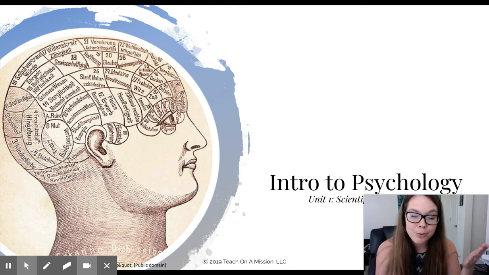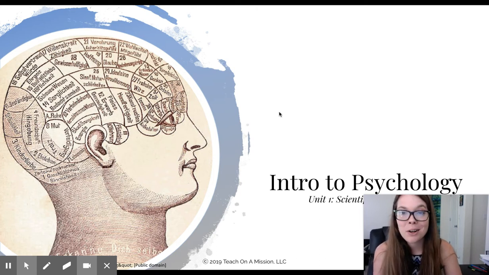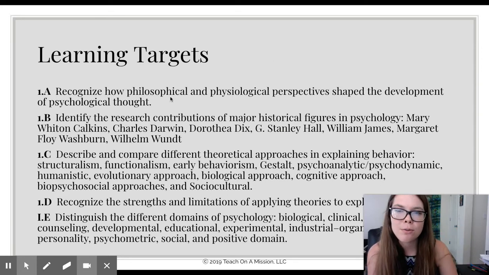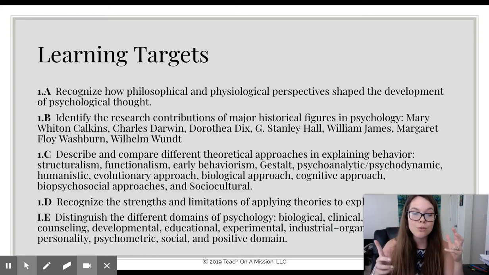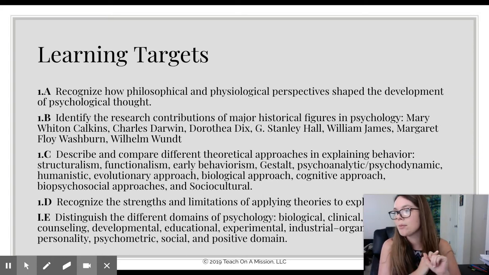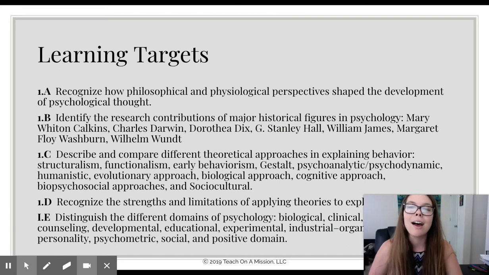So this is going to be for Module 2 for the Introduction to Psychology, and let's get started. So learning targets, I know there's a lot on the screen, but we are going to be going over philosophical, physiological perspectives. We're going to be talking about the very beginning, and then we are going to be discussing the new lenses that you can look at psychological situations through. And I always like to think of them as kind of like a political lens, like there's going to be behaviorists, there's going to be cognitive science psychologists, and they all have different ways of viewing a situation, which we will talk about.